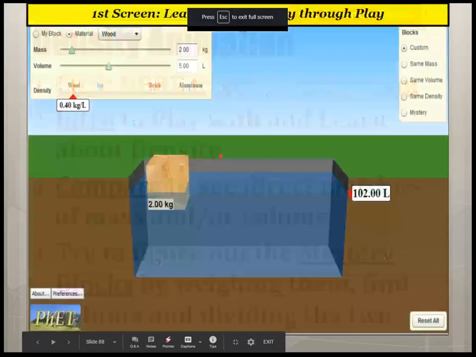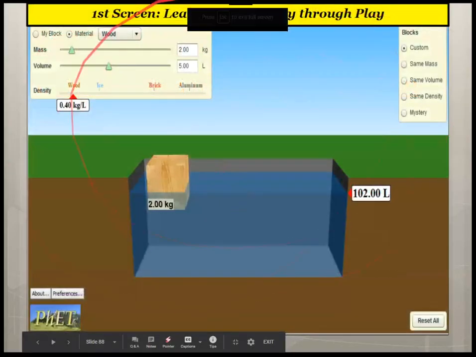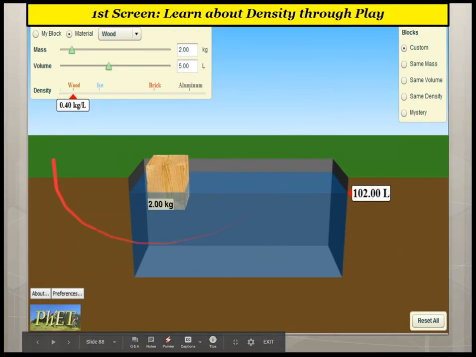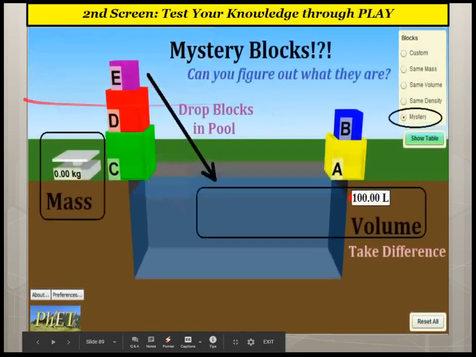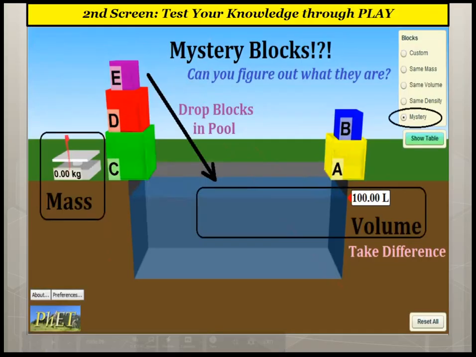Now, this is actually the old version that's up here. The new version looks different than this. But basically the idea is the same. You mass it, then you drop it in, and you take the difference. And for your mystery blocks,